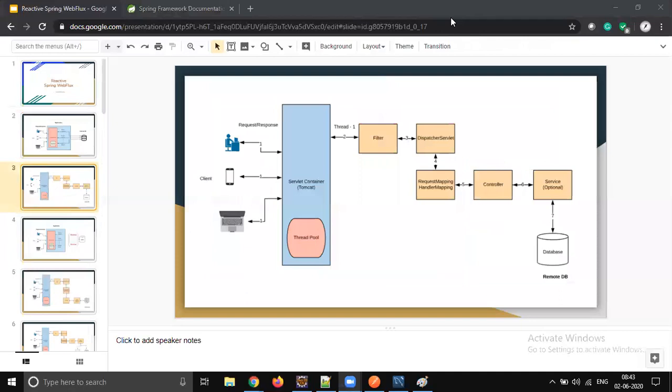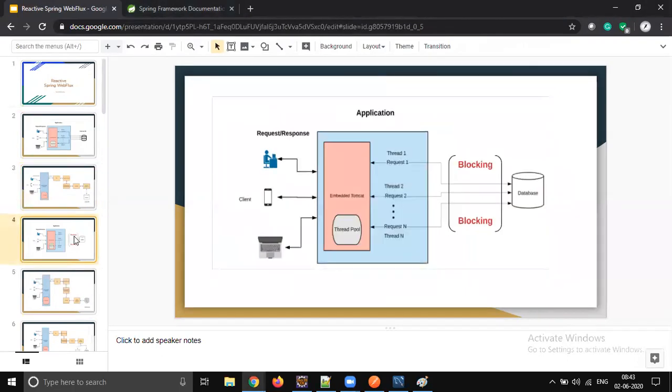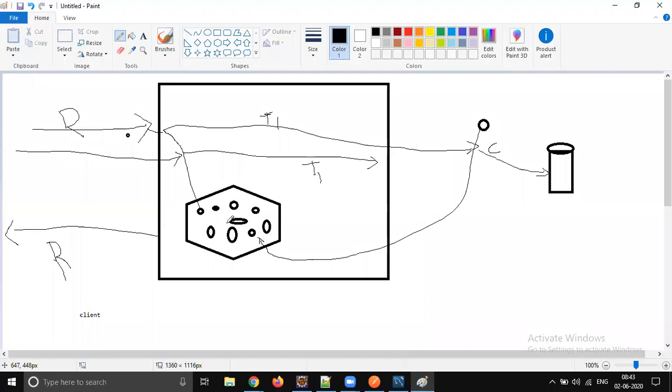Sunil, I have one question. Anyway, what you are saying is the request which we get from the client will be handled by two thread pools. One thread pool gets the request, and wherever we have blocking, at that time it will create a child thread and do that. So again, we are not doing anything, right? Again, it is the same. Instead of the main thread, it is going to be handled by a child thread. I don't understand what benefit we are going to get out of it.